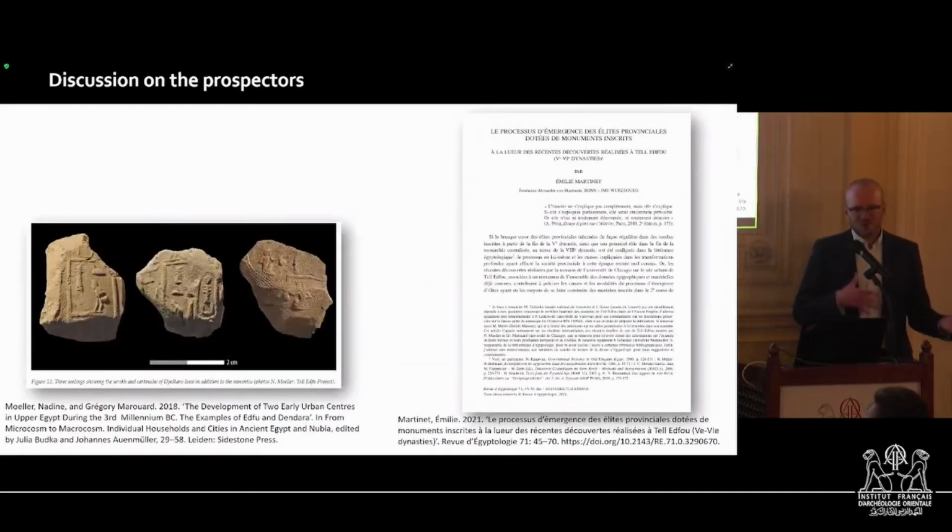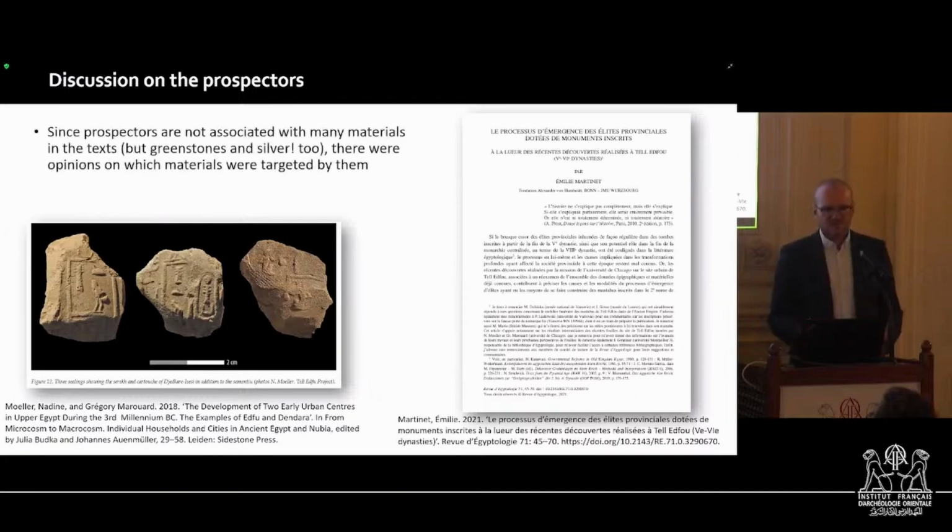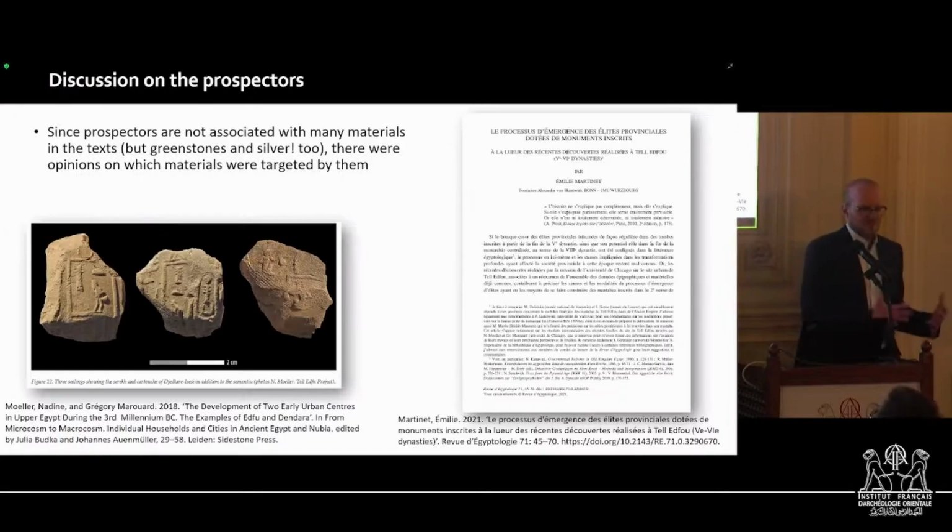We have several groups of officials or people who were dealing with desert, and as Julian showed in his keynote, on much wider scale, these were different people of different social standing. There was a big discussion in the literature about the prospectors and about what they were actually doing in the desert. And in inscriptions, some of these prospectors in the Old Kingdom sources are looking for greenstones. Some of them are looking for silver in the Eastern Desert. But some authors suppose that they were only focusing on these more precious materials and not on mere